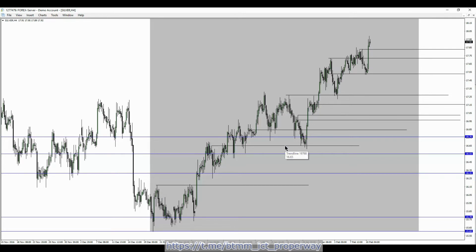The daily. Look at the reaction here. Remember those little hyphenated lines? They're not elongated horizontal lines I'm showing you here with the blue lines. The blue lines I'm highlighting, they're 4 hour. These little hyphenated or shortened trend lines, okay, they're the daily bullish order blocks or down candles at the highs